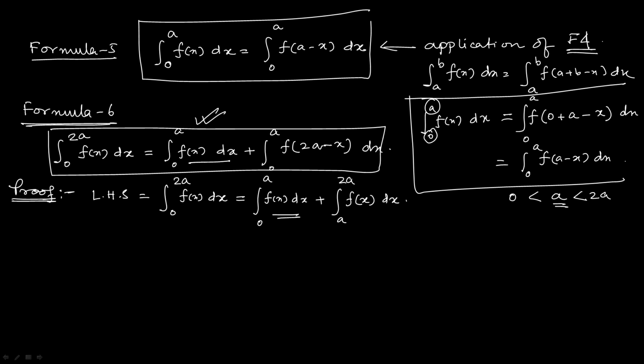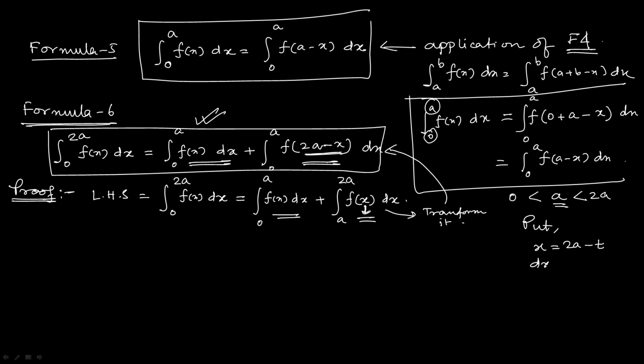In the formula this part is given, only this part is different from this. So I have to transform it into that, then my proof will be obvious. So it is clear that it was written 2a minus x. So I will put 2a minus t here. What I will put? I will put 2a minus t. So put x is equal to 2a minus t.